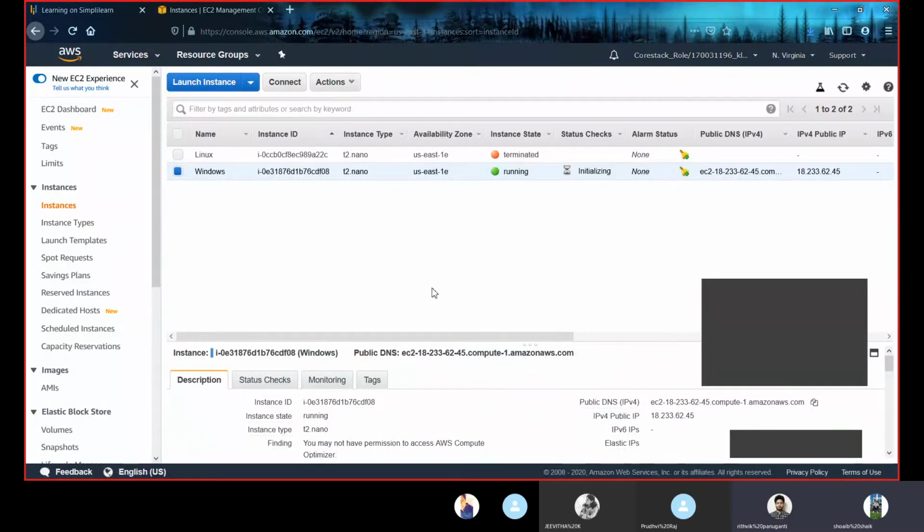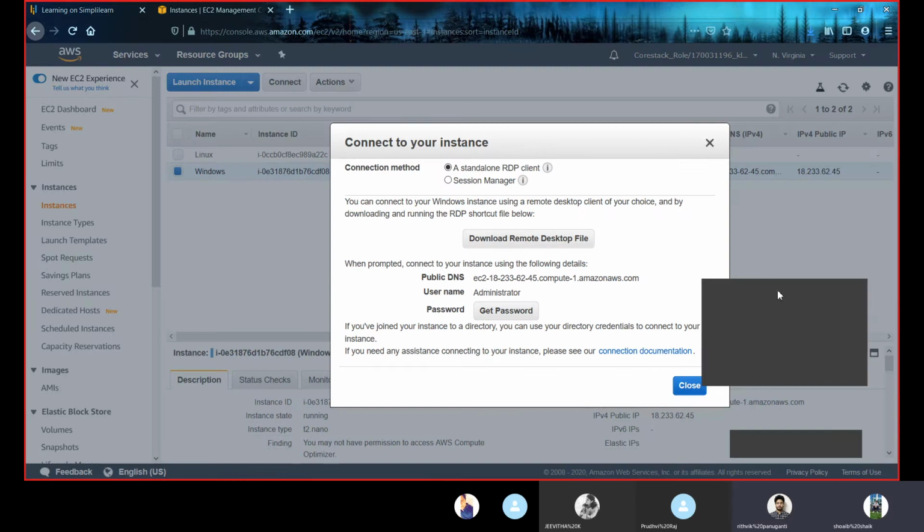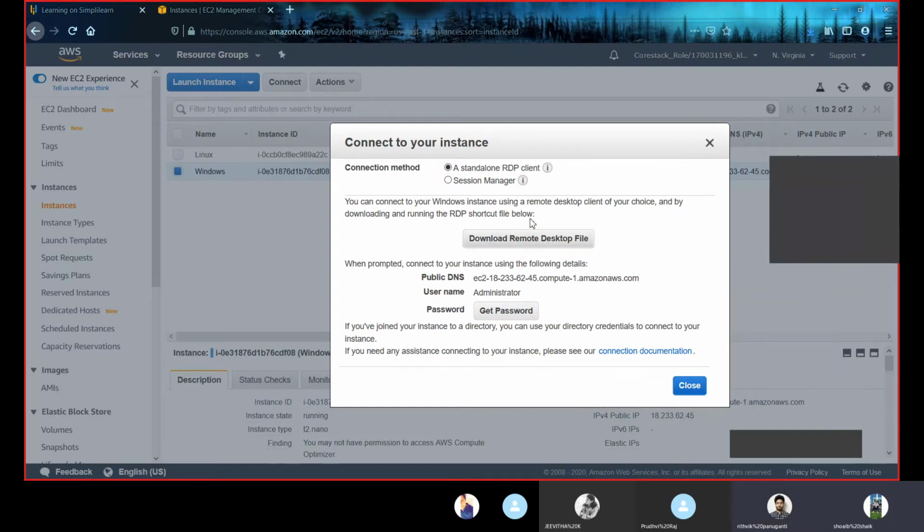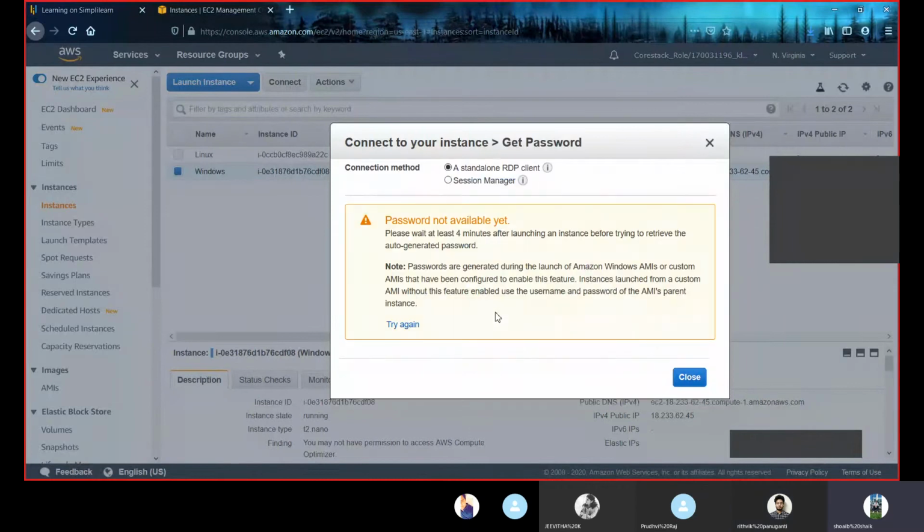So now, for connecting to a Linux system, I told you that we require Linux software in our PC. Now, as our PC is Windows, we don't require any installations. We can directly connect through the console. So let me show you how. Select the instance we created. Click on connect. Now, everyone can see my screen. Here we have to get the password for our key pair. Now click on get password.